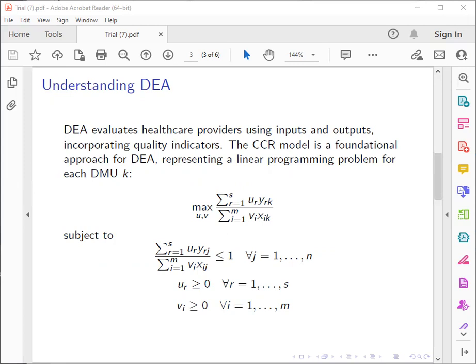The AI here has a role as an assessment tool as it incorporates the essential quality indicators that we have here, as we can input the patient satisfaction, mortality rates, readmission rates, and also infection rates into the analysis, and also other factors we can input here. By applying this DEA in the healthcare sector, we can get insight into the efficiency and also the quality of the healthcare provider. So it will enable us to make informed decisions and improvements, especially if we are working in the government.